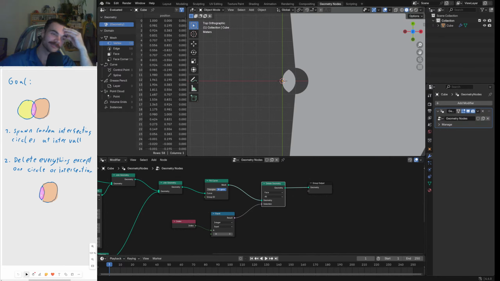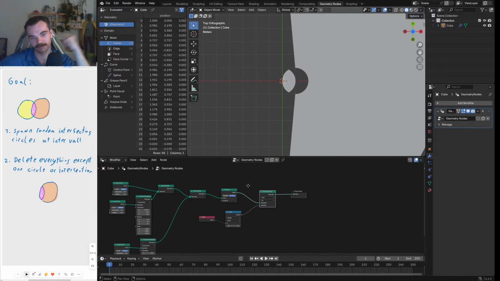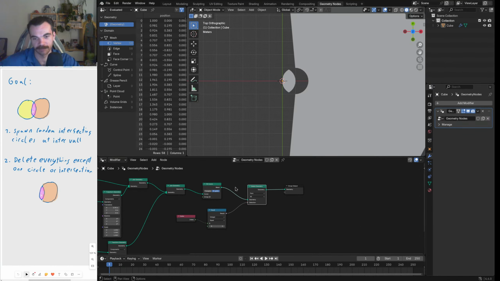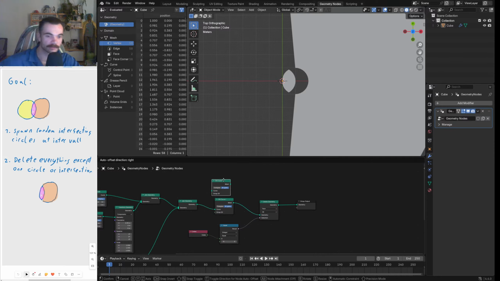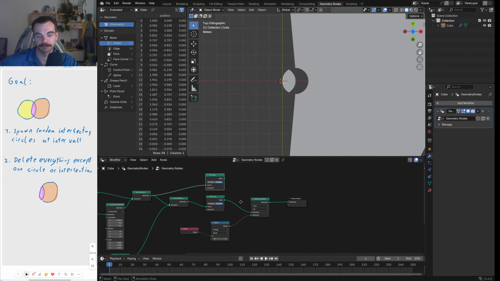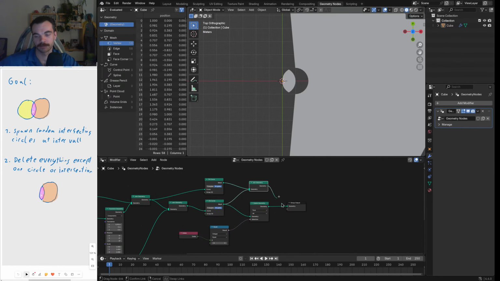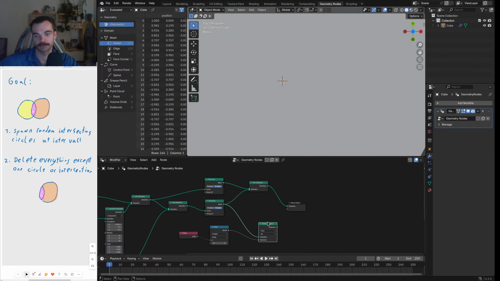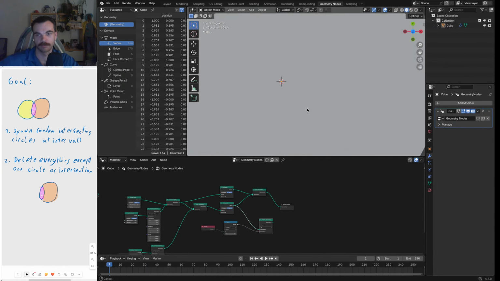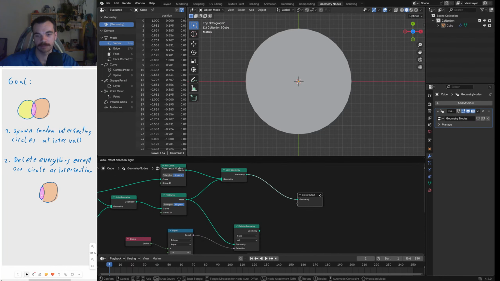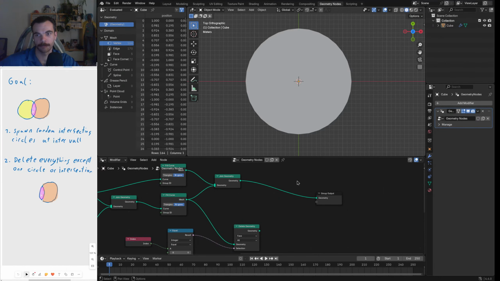How could we achieve this? We make the two circles, and then of course we have our normal circle, we have our intersection. So I could even go here, and then I join this again. So then we have filled circle, filled intersections. So everything is filled. But actually, if we then